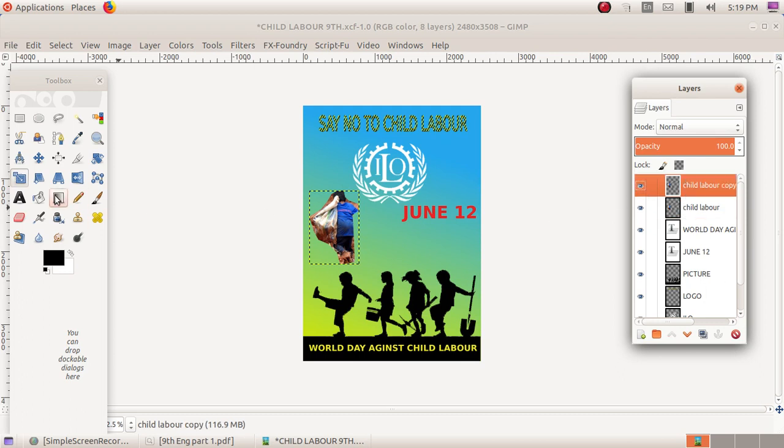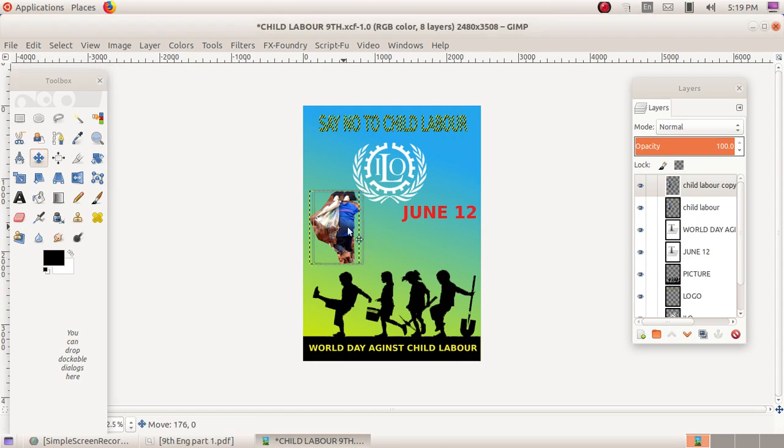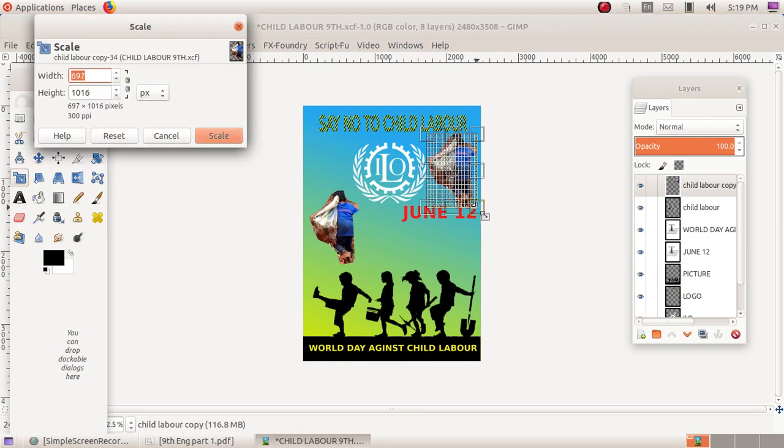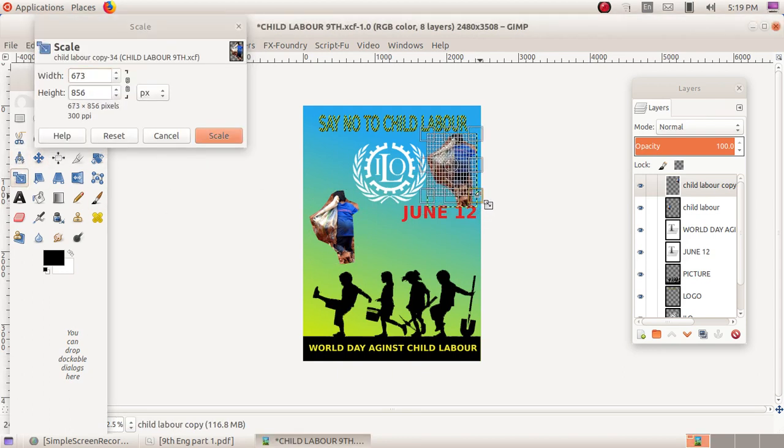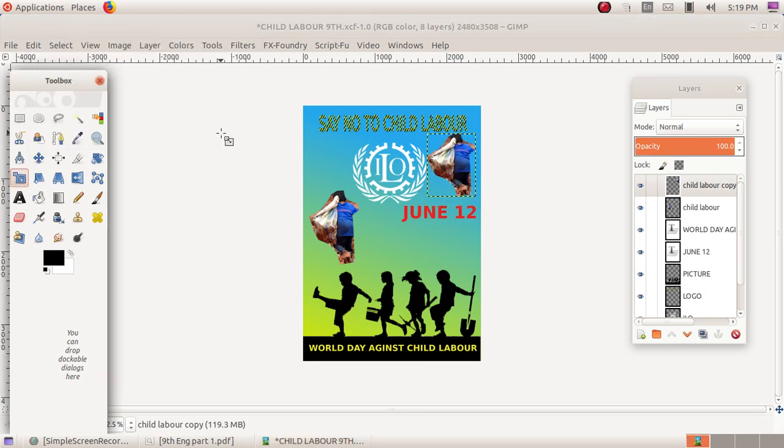Then click on the move tool. You can move the layer and you can resize. Then go to this flip tool. Click on that flip tool and click on that picture, the selected layer picture.